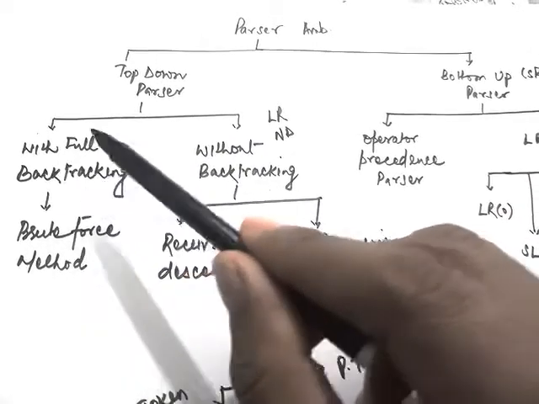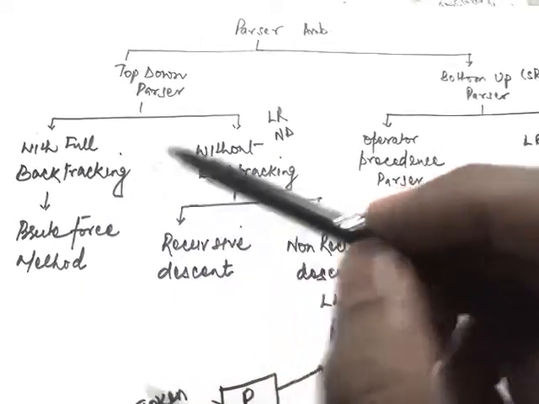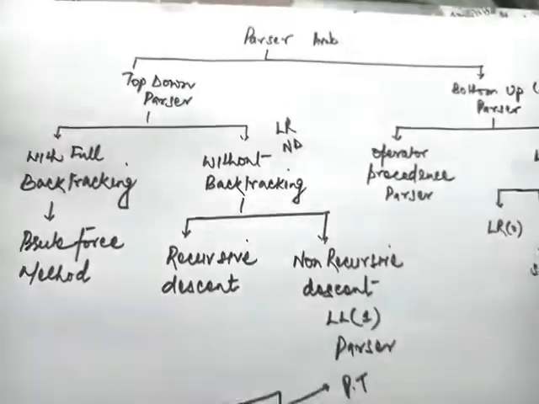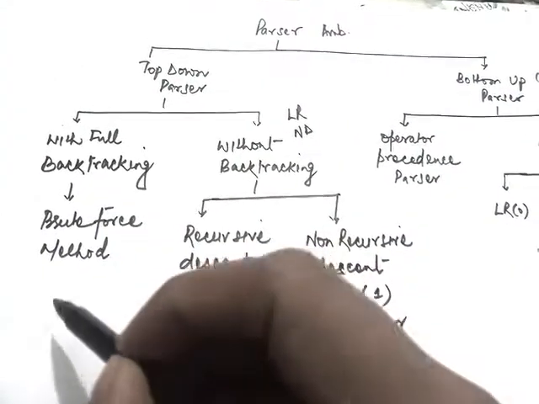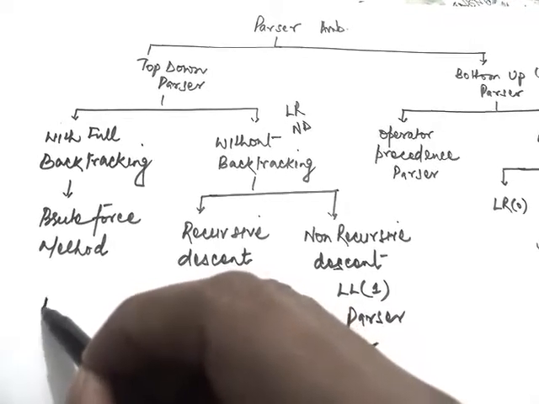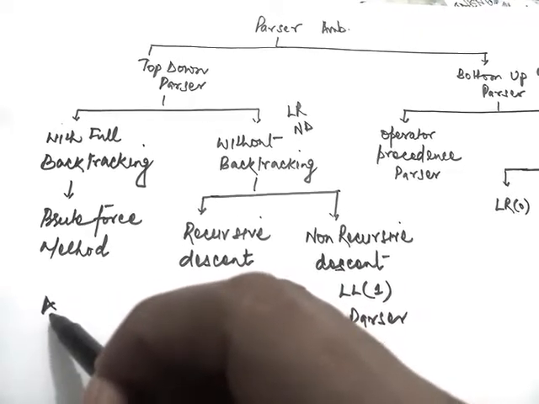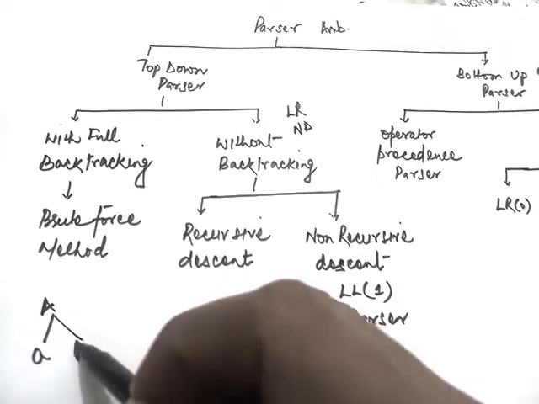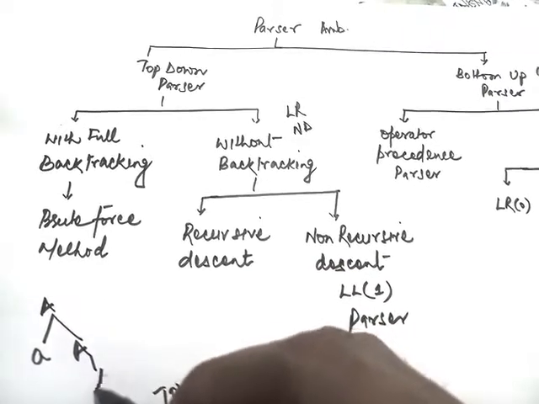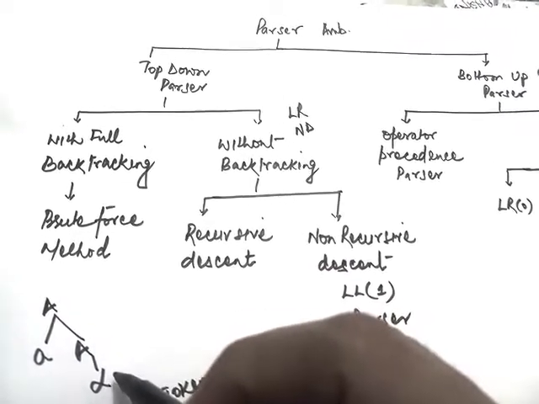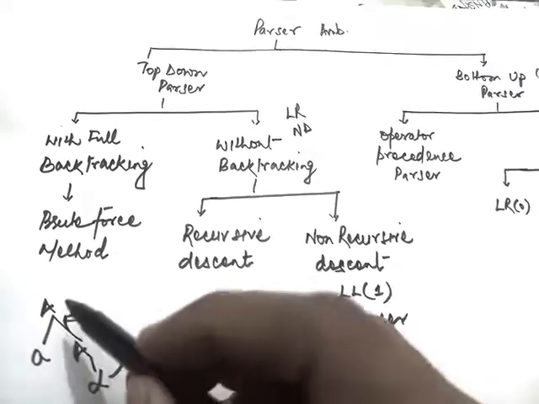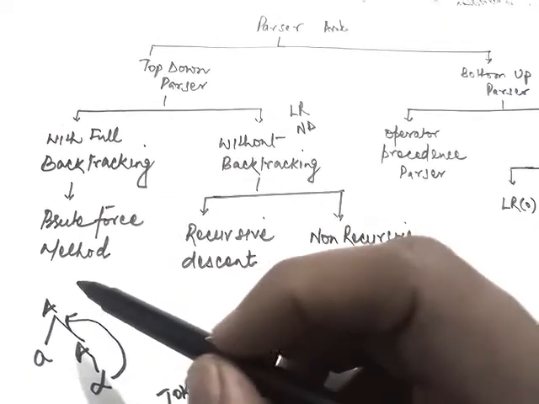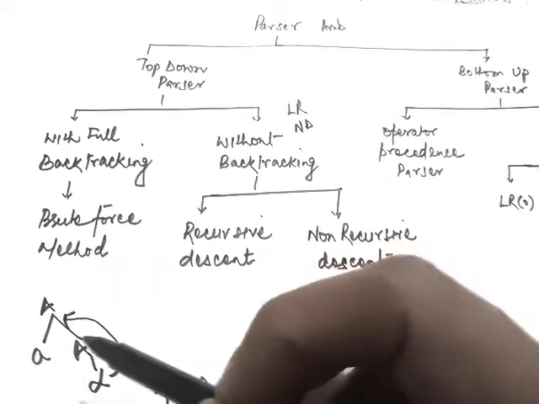One is called a top down parser with full backtracking, and another one is called a top down parser without backtracking. Now the meaning of backtracking is something like this: if you want to generate a string and you start from a root or starting symbol and you make some expression like this, and the parse tree is generated, and suppose you did not get the desired result, then you can backtrack and restart with some other options. So in top down parser we can go with full backtracking,